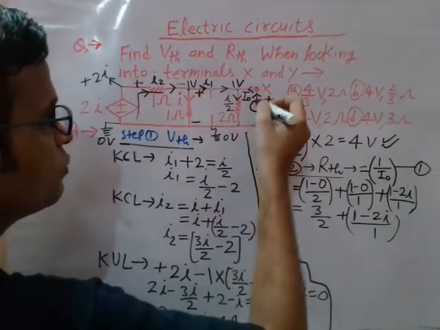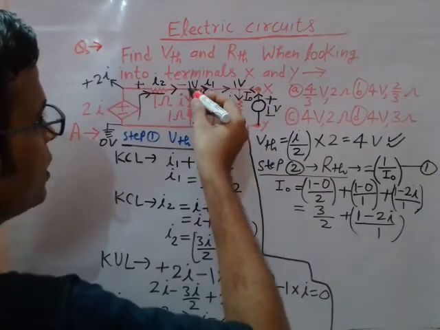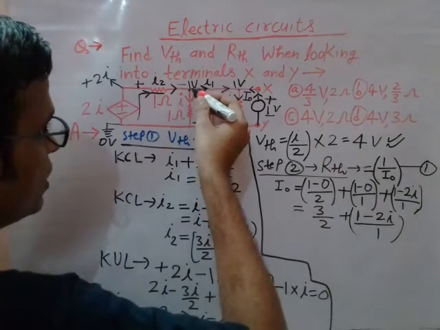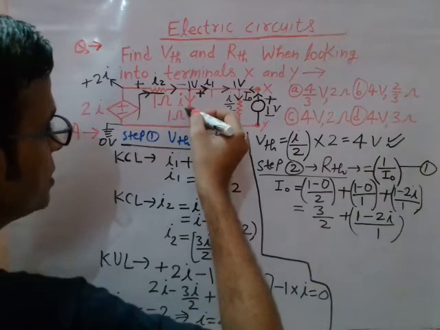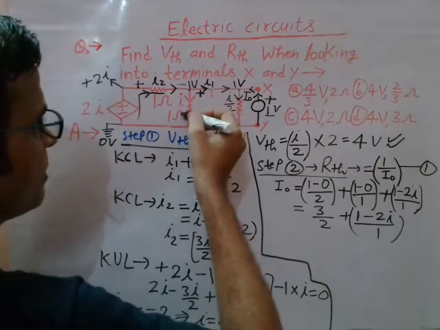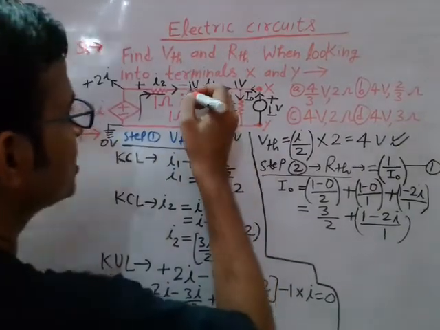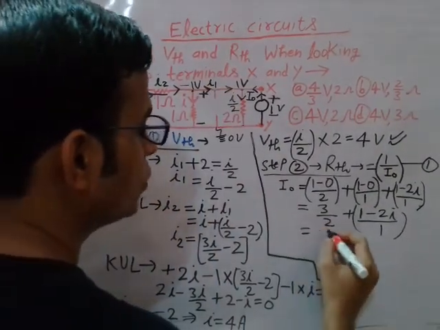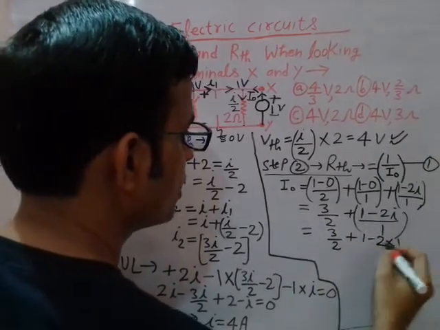See, this is equal to 1 volt, this is also equal to 1 volt, this is also equal to 1 volt. So 1 volt divided by this resistance will be the current I. So (1 volt minus 0) divided by 1 is equal to this current I. So I is nothing but (1 minus 0) by 1, that means 1 only. So current I is 1 ampere.